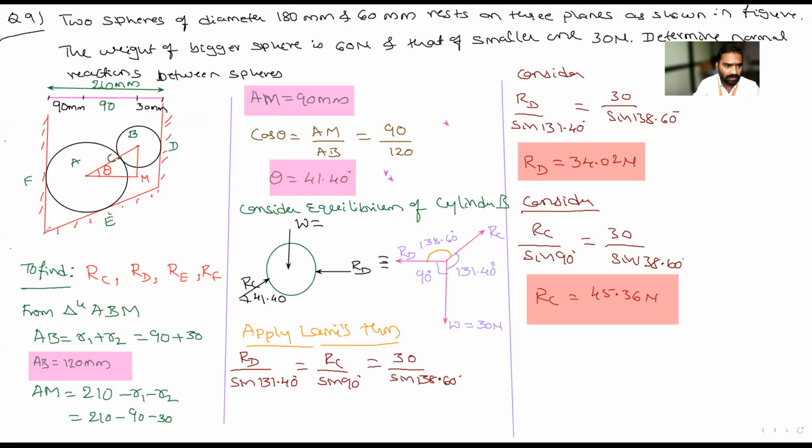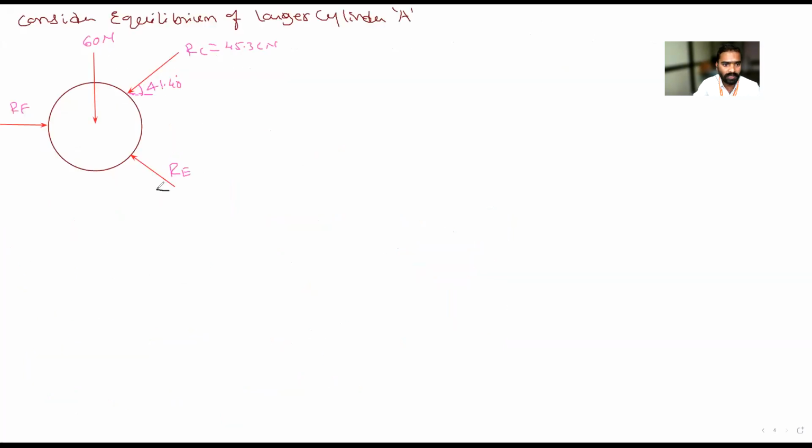Coming to the figure, this sphere makes an angle of 45, given directly in the problem. Then what is the angle made by the normal reaction with the vertical? It is the same, 45, because this plus this together make 90. So if this is 45, the other is also 45. Now it makes 45 degrees with respect to horizontal. All the angles are known now.